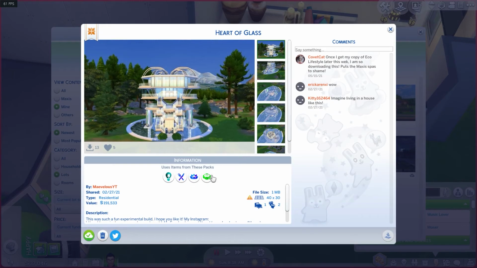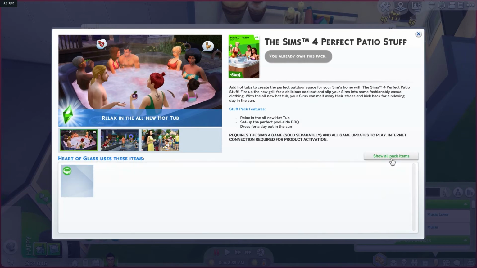So I think that's really useful. Anytime you're not sure about the packs that you don't own, just click those packs and go to show used items and see what you're going to be missing from that build. If you go ahead and download it and replace it anyway, because sometimes chances are you're going to find builds